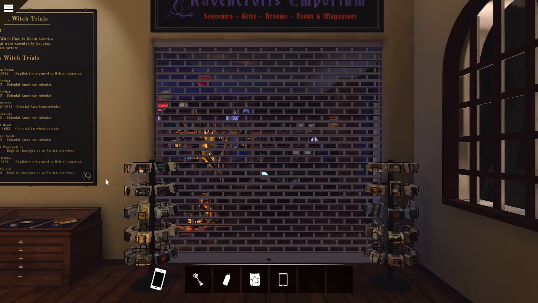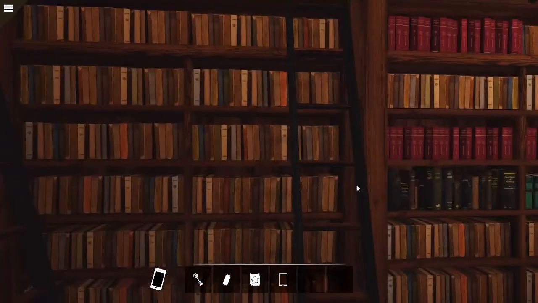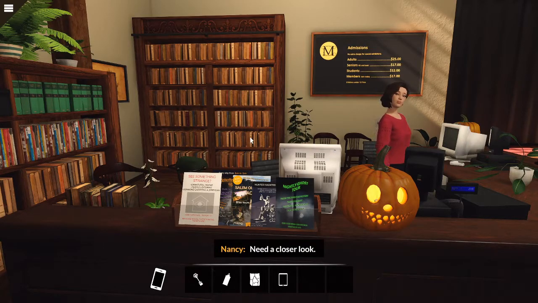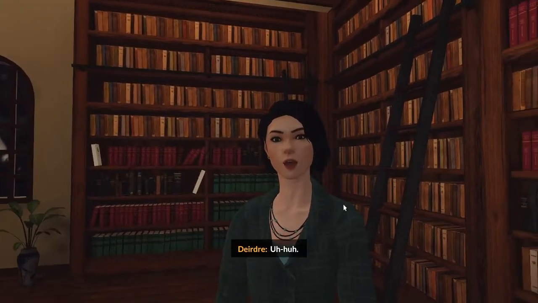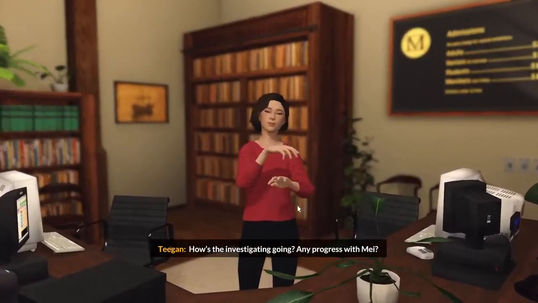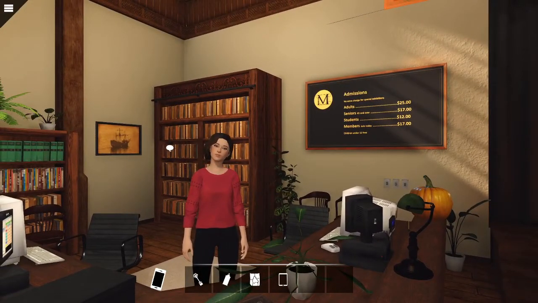Looks like that thing is closed. There's one of those raven things, but... Oh, Deirdre, I forgot you were even there. There's something off about that bookcase. Need a closer look. Let's look at it. Let's see. Uh-huh. Yeah, what do we do, Deirdre? How's the investigating going? Any progress with May? Talk to you later. Weird. Let's get out of here, I guess, because...